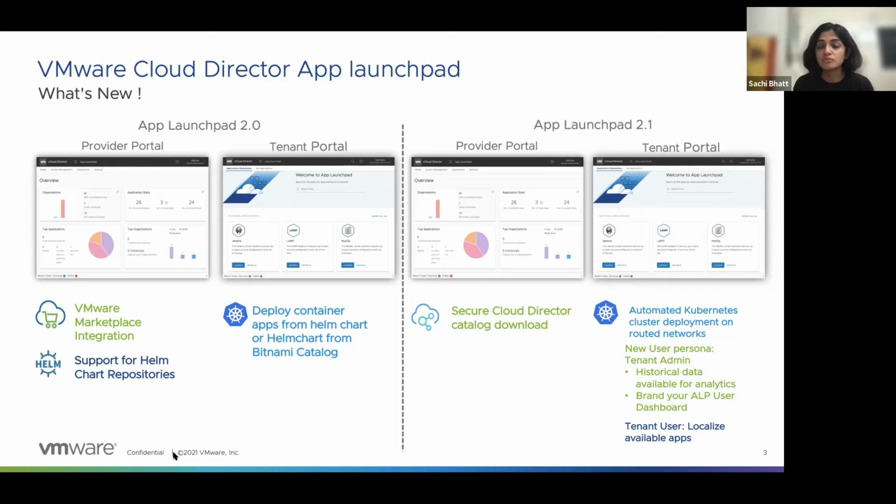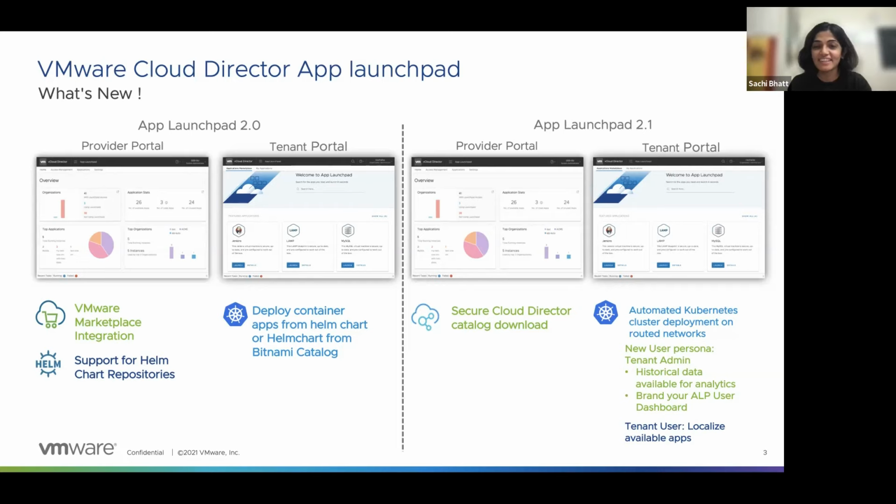In this release, we are enhancing the experience for the providers, where the VMware Cloud Director portal can be anywhere in dedicated cloud or private cloud settings. So we don't really need a public FQDN or IP to connect to Cloud Marketplace to pull in the VM-based applications. Okay, so we're going to go through later how that actually happens.